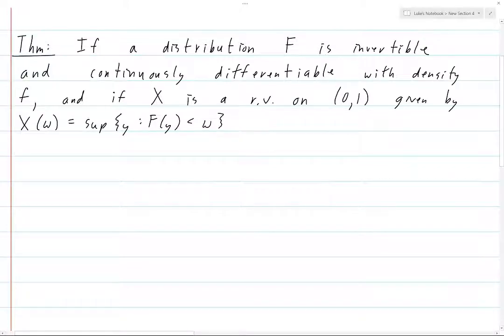Now, this is the definition that you have to use for general capital F, because F does not need to be continuous or invertible. But for this theorem, we are assuming that F is invertible, and so, since it's invertible and continuous,